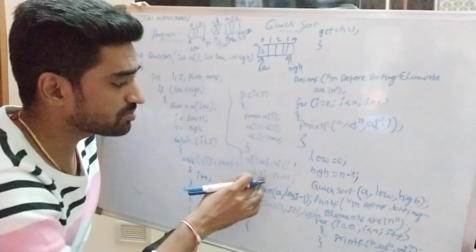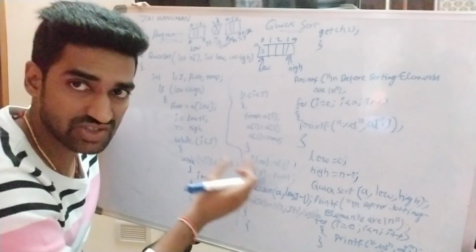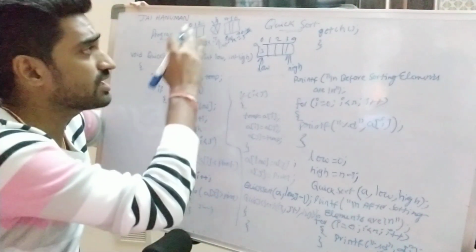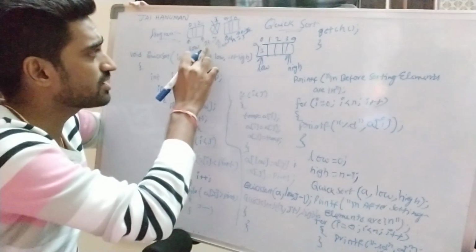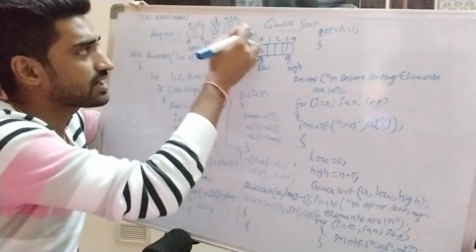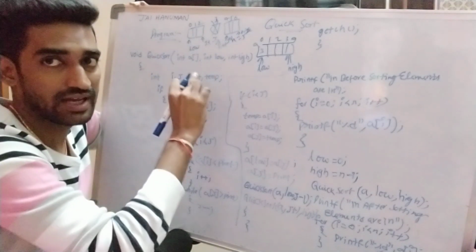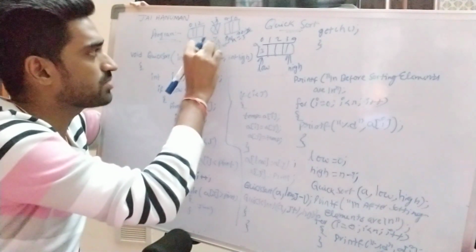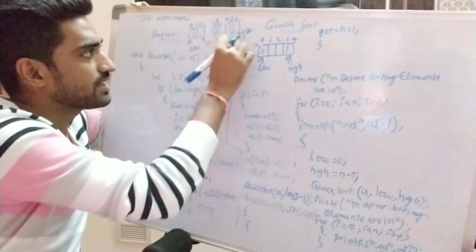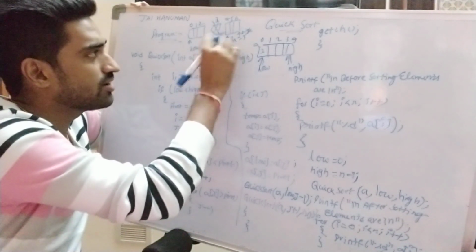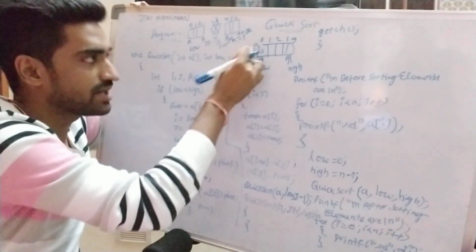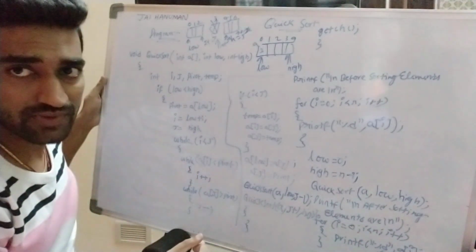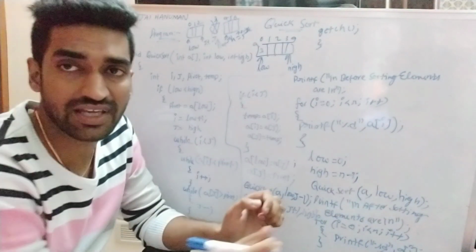Once the pivot position has been changed, we can divide the entire array into two subarrays, left subarray and right subarray. For the left subarray we set the higher boundary value, and for the right subarray we set the lower boundary value. The left subarray higher boundary value is j minus 1, and the right subarray lower boundary value is set to j plus 1, right? So this is the program for the quicksort mechanism using the C programming language.